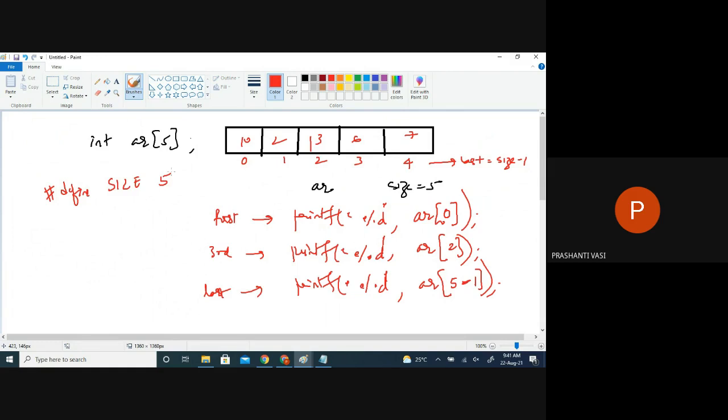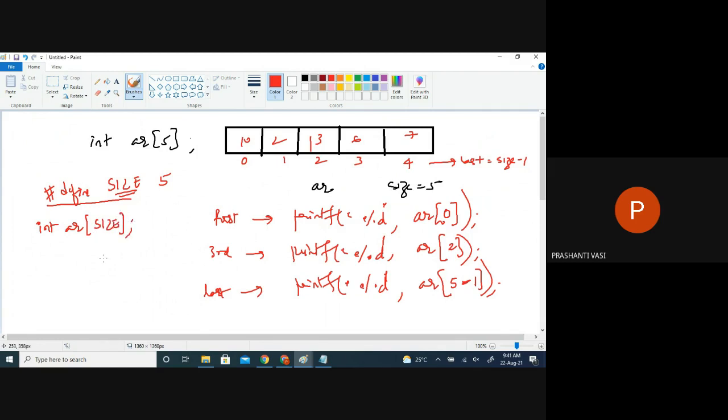So this is like a constant. Instead of taking a number, we have declared a constant in the macro, a preprocessor directive, where you have already defined some number as a size. So with that, when you declare an array, I can directly take this number.